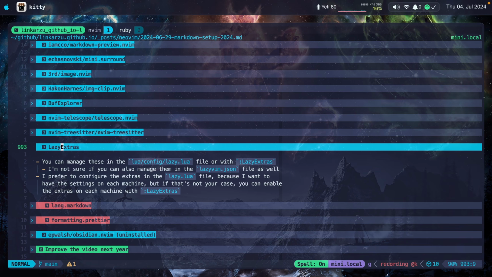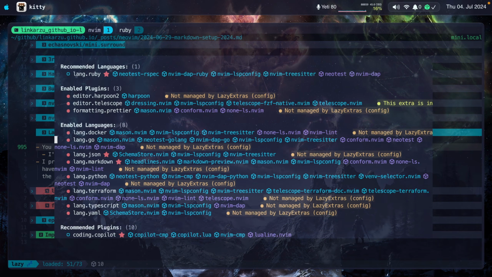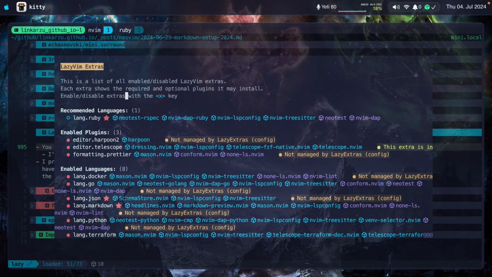Okay, moving on to the next section, lazy extras. These are the ones that I use. You have two options to enable these. You can statically configure them in this lazy.lua file, or you can use the lazy extras command. Let me run that real quick. Lazy extras. I just hit tab, hit enter, and here you can enable or disable an extra with the X